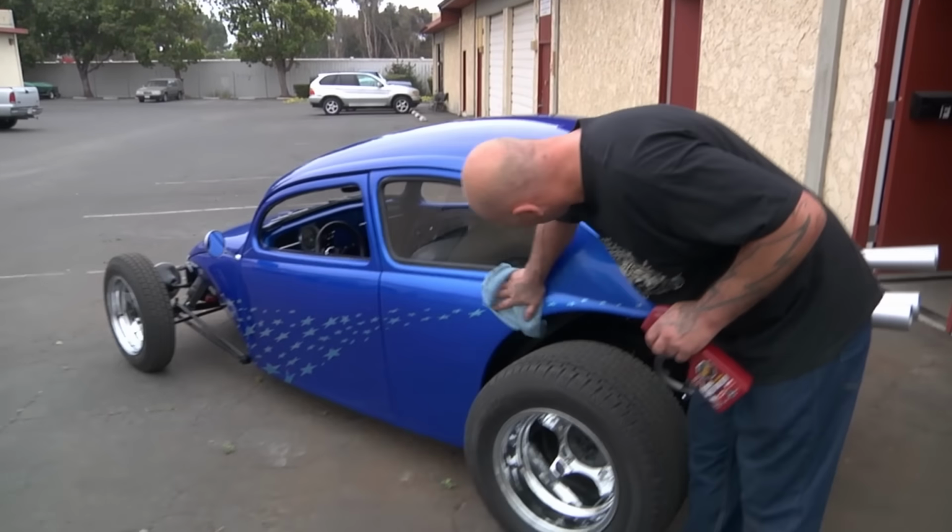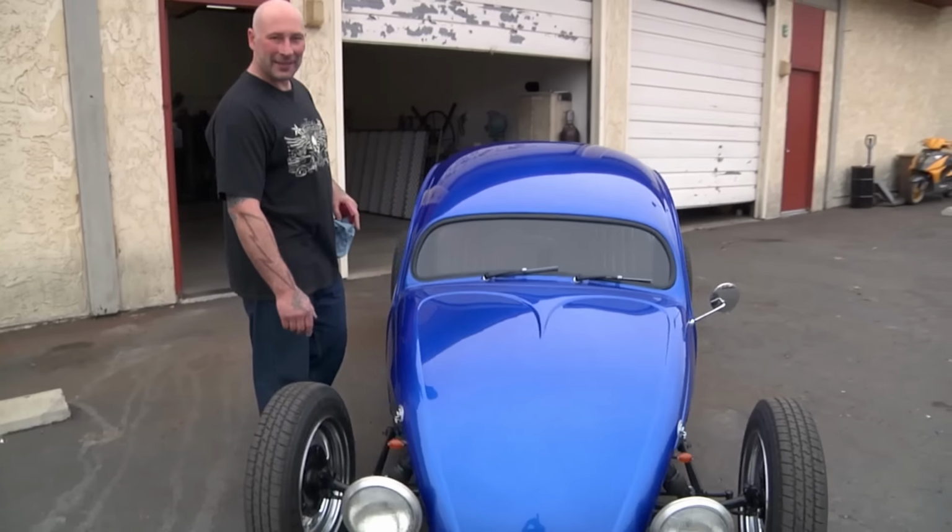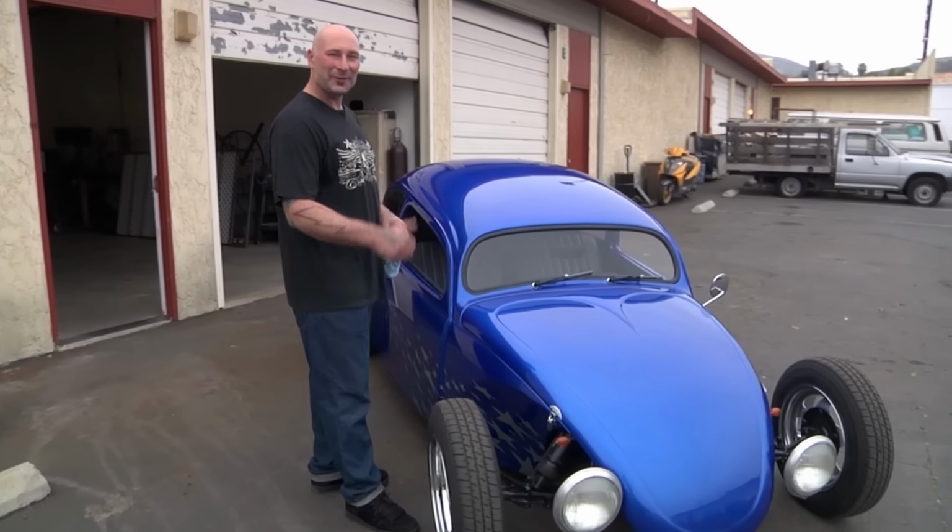I got this car in just under the wire. The clients are on their way down. They're road tripping all the way from Canada to pick this thing up. And I really haven't even had time to enjoy it. I get to drive it around the parking lot a couple times, and then it's in the trailer and off to Canada. I've been working on this car for about 18 months,